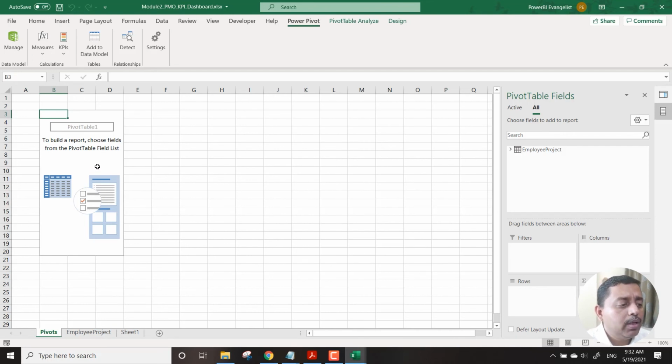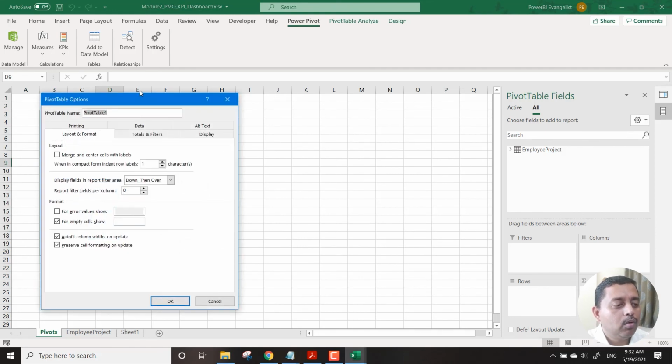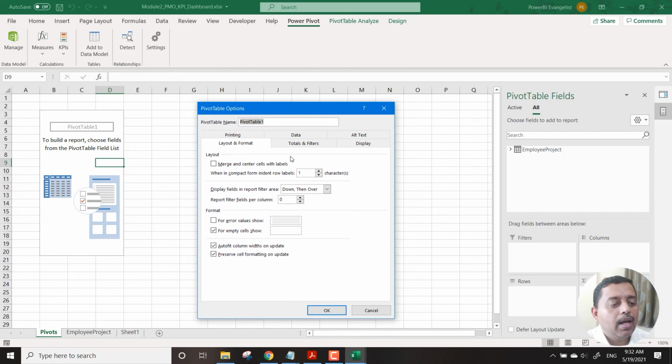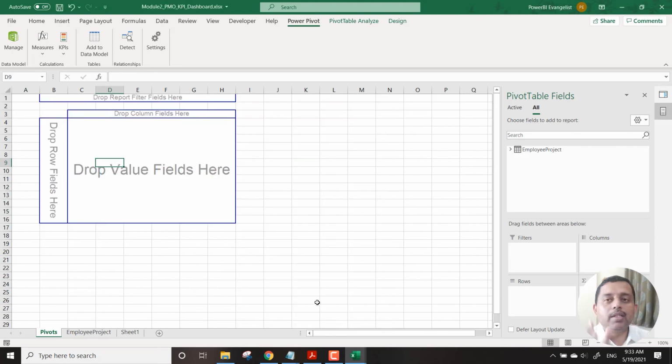Usually, if it is a pivot table, we can just right click and go to pivot table options, and go to this option called display, because we want drag and drop facilities, right? That is important. So we go to this option called classic pivot table and say okay. So it converts it into a classic pivot, which we are habituated to see from the beginning of the pivot era, right?